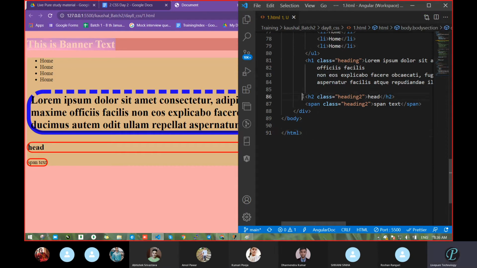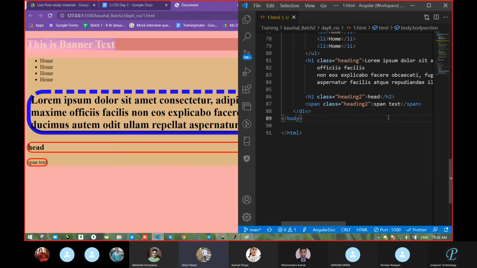First, Shivani and Pooja, you have to tell the answer. A style? Yes. Because span is used for a particular word. That's why it shows like an ellipse. No, Amol, what are you thinking?